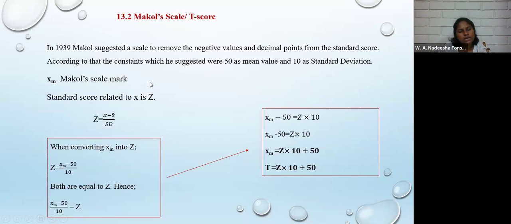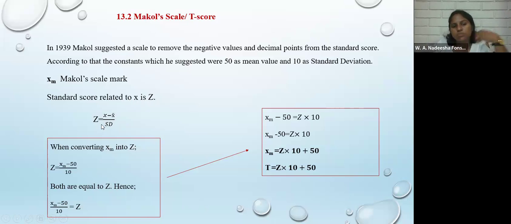So McCall's scale mark is denoted as Xm. Consider we want to find the McCall scale mark of the mark X. There is an unknown mark X, so we have to find its McCall's mark. Now we are going to find McCall's equation. So the standard score or Z score for the X mark